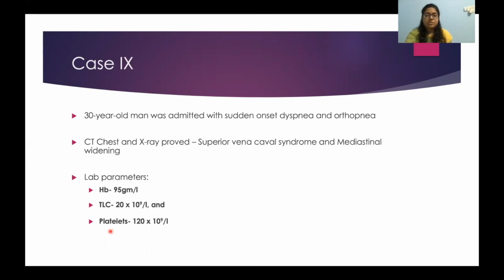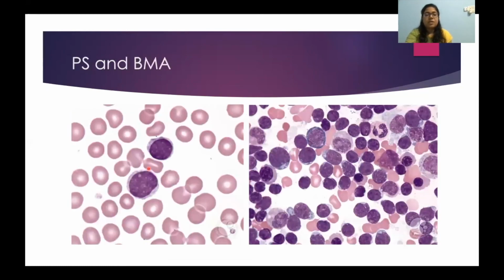Platelet count was normal. On peripheral smear examination, there were blasts present in the peripheral blood, and when a marrow was done, it was completely studded with blasts. So in such a patient, the next step will be to do a flow cytometry. Mostly this is seen whenever there is a mediastinal mass with a superior vena cava syndrome and acute leukemia. Mostly these will be the T cell leukemias, which can present like this. So you confirm the diagnosis, do a flow cytometry, do cytogenetics, and treat accordingly to the type of leukemia that you are facing.